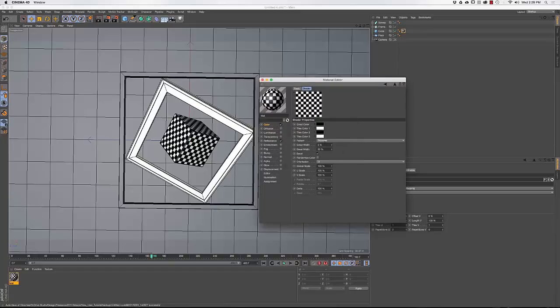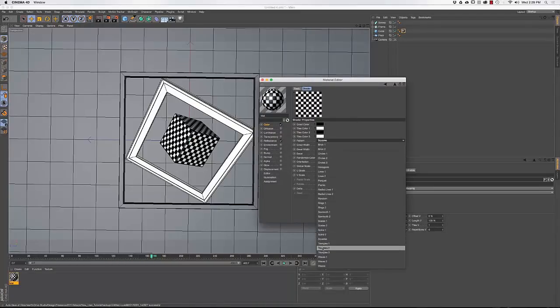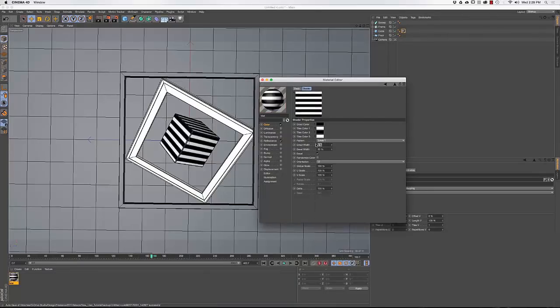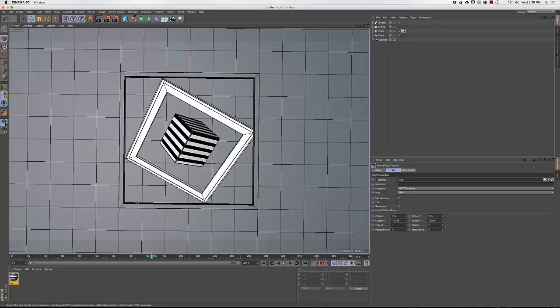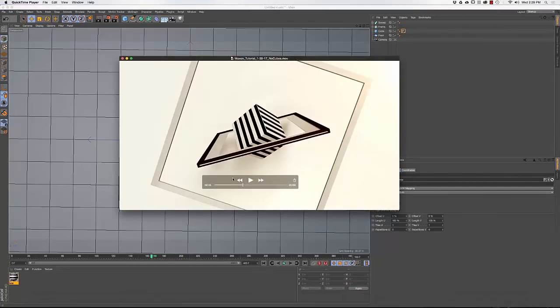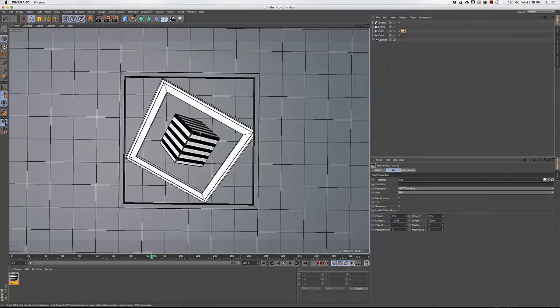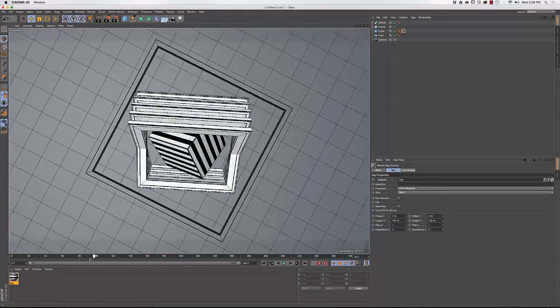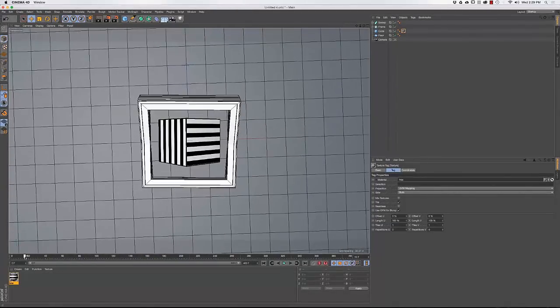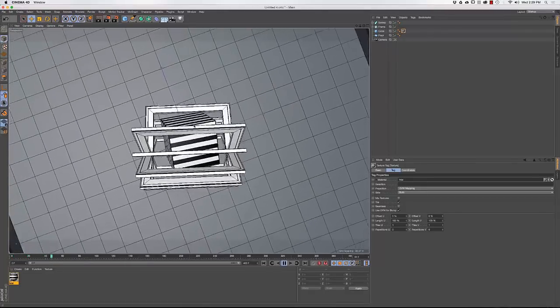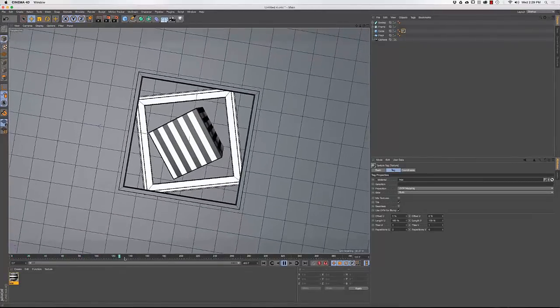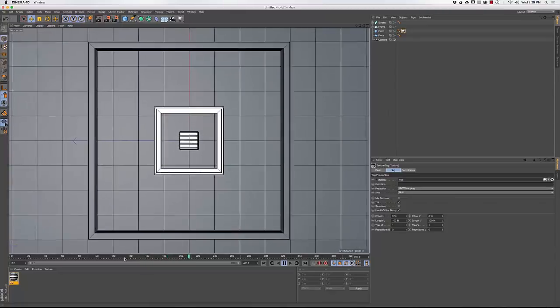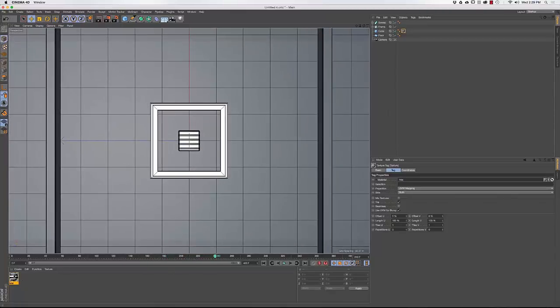Okay, and we're going to change from squares to lines. There we go. I'll just make this both 0. There we go. Sharpens up the lines a little bit. And there you go. There is our line texture that you see here. What's great about the viewport in Cinema 4D is you're seeing the textures in real time. You're seeing it all mapped in and how it's working before you even have to render anything out, which is great. So that was pretty easy to create that material, and you can see the material tag here